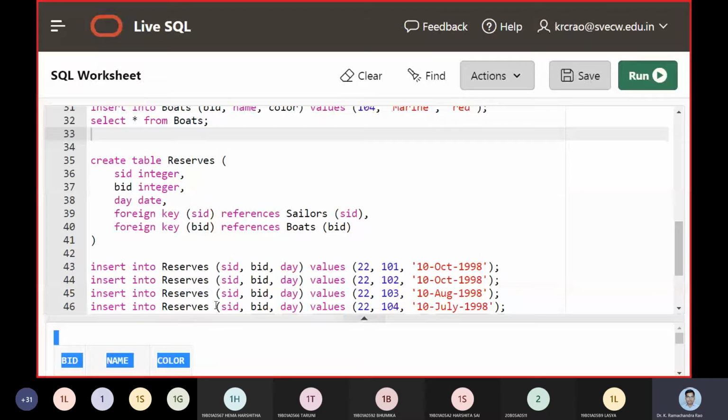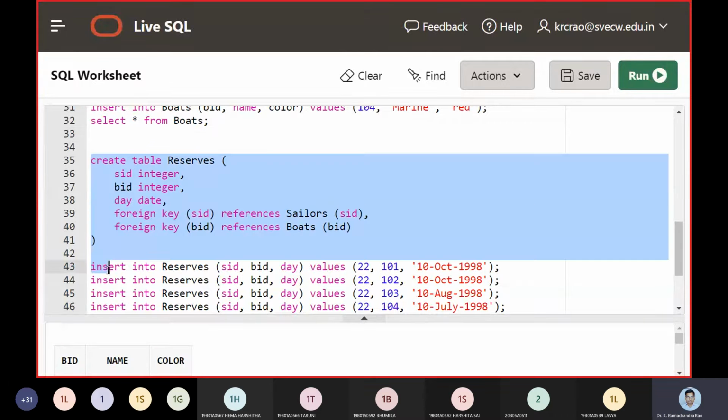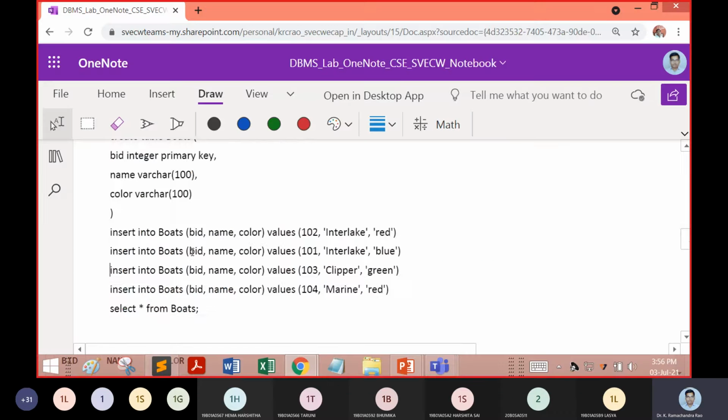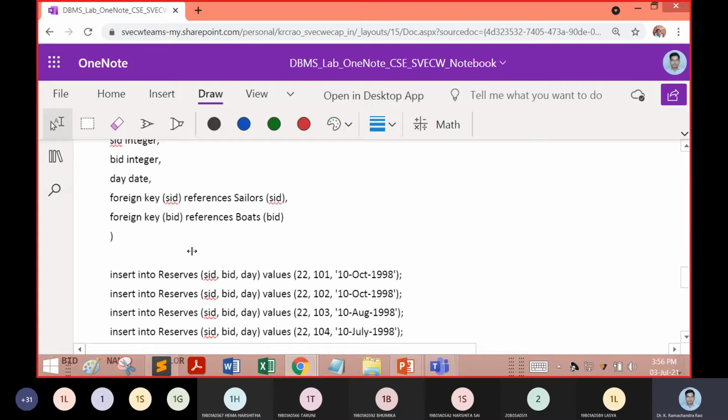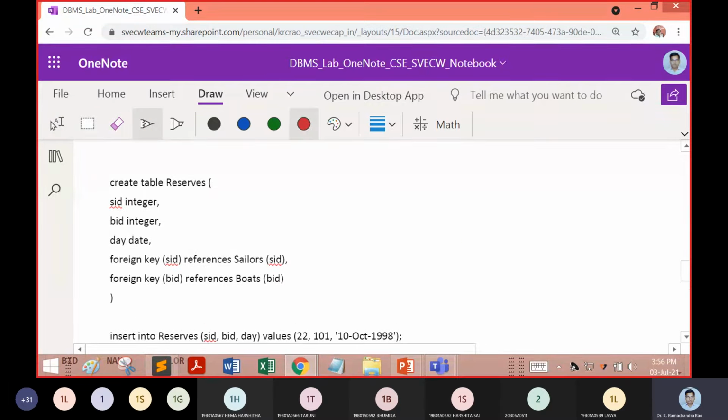Now the most important part, talking about key constraints. At this part we need to look at how the reserves table was taken up. In the reserves table, we have a local variable, that is SID. Then we have another local variable, that is BID.